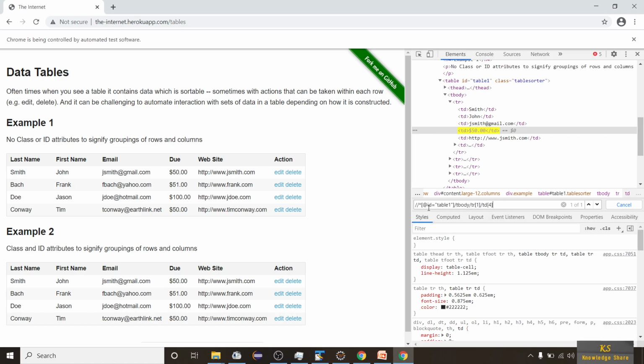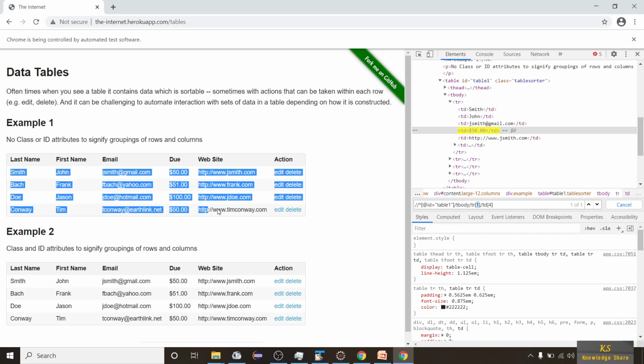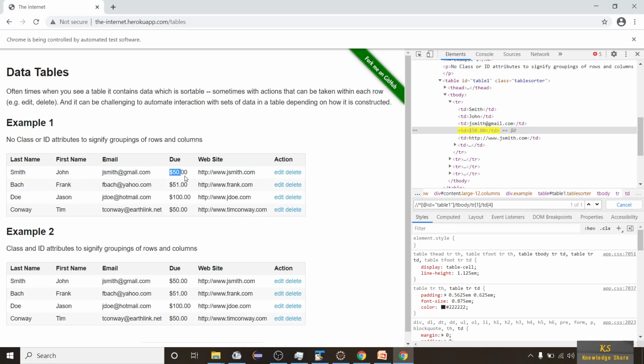So you can observe here, it has to incrementally go one by one row. That means the first iteration it will be 1, 2, 3, 4, and this will stay constant, right? So this 4 will stay constant because we need the fourth column. But this tr is a row. So these are all the rows. So now it is 1, right? So we are getting a $50, but we have to get the second row, third row, fourth row as well.